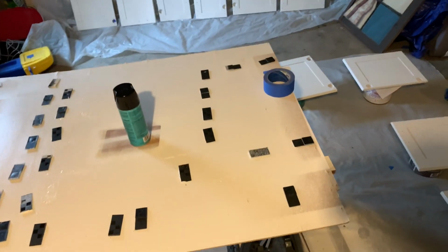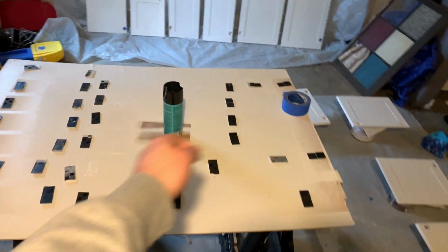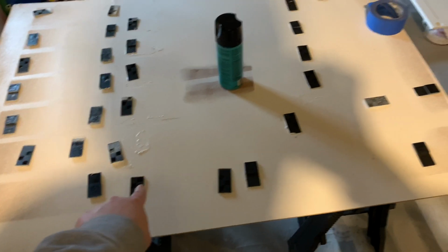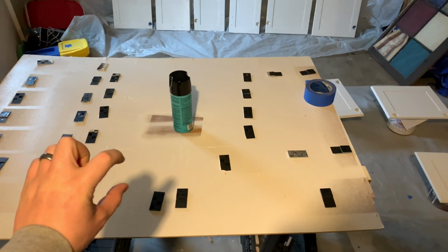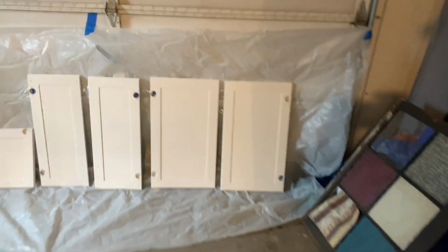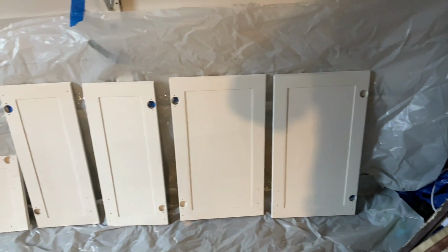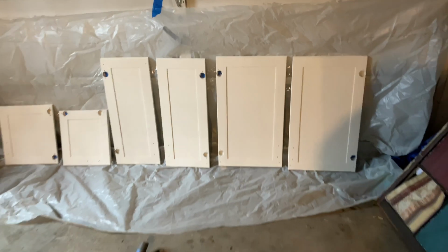So this is my little paint station that I've had going here, where I have been spraying. I got a paint sprayer, been spraying all the doors. These little pieces here are because I was working on some smaller trim pieces and wanted them elevated up off the table a bit. But you can see all these cabinet doors over here. That's the back side of them. And I've got them all lined up there because I just sprayed the last coat of polyacrylic on the back,